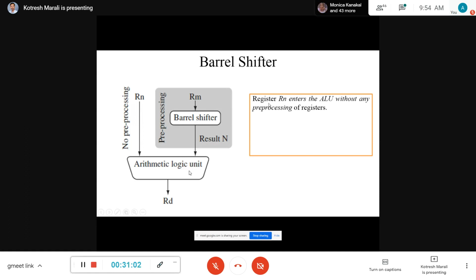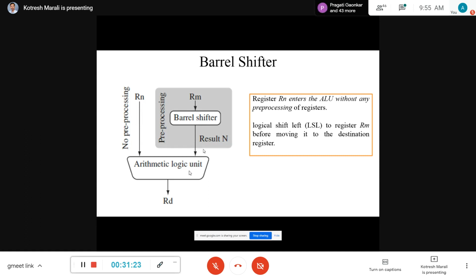So the register Rn enters the ALU without any pre-processing, and it performs logical left shift or logical right shift on the Rm register before moving to the ALU and the destination register.